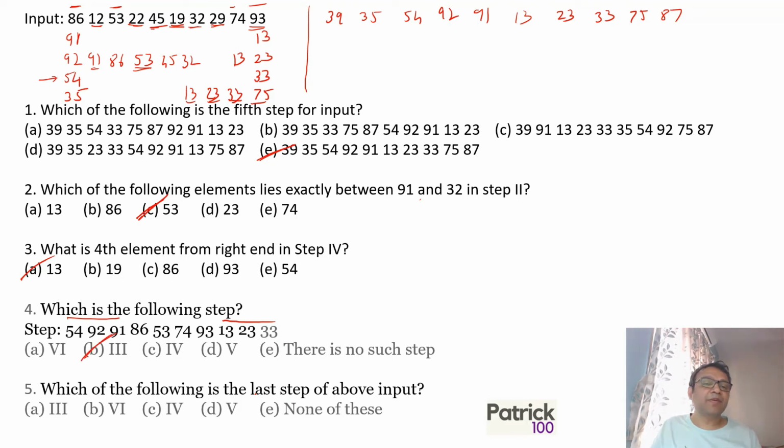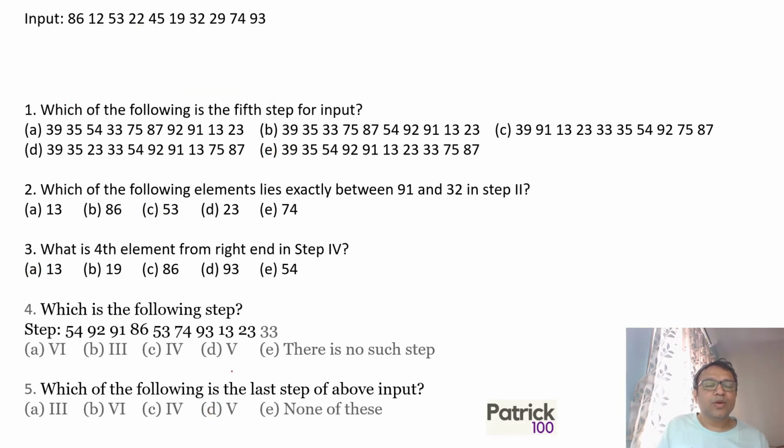Which of the following is the last step? 10 elements. In every step 2 elements are arranged. So the last step will be the 5th step. So that's how you get the answer. You can do it by numbering also. The way I go about it is one way is to number the even numbers: 12, 22, 32, 74, and 86. These will all be on the right. So first right, second right, third right, fourth right, fifth right. On the left will be odd numbers. That is first, second, third will be 45, fourth, and fifth.